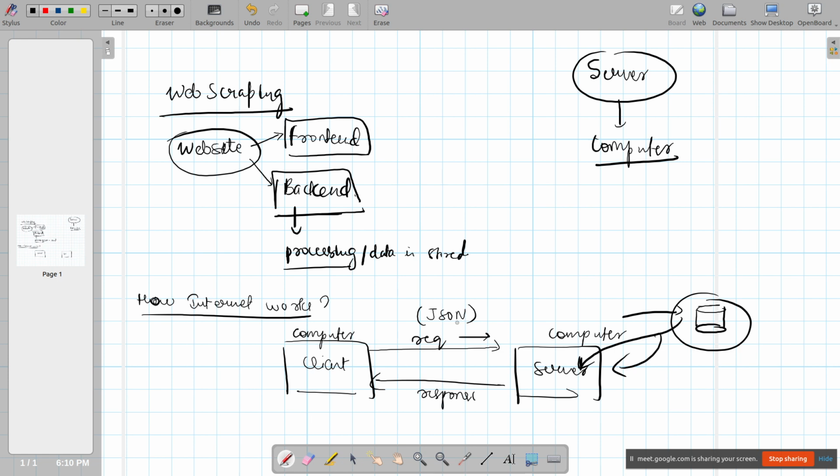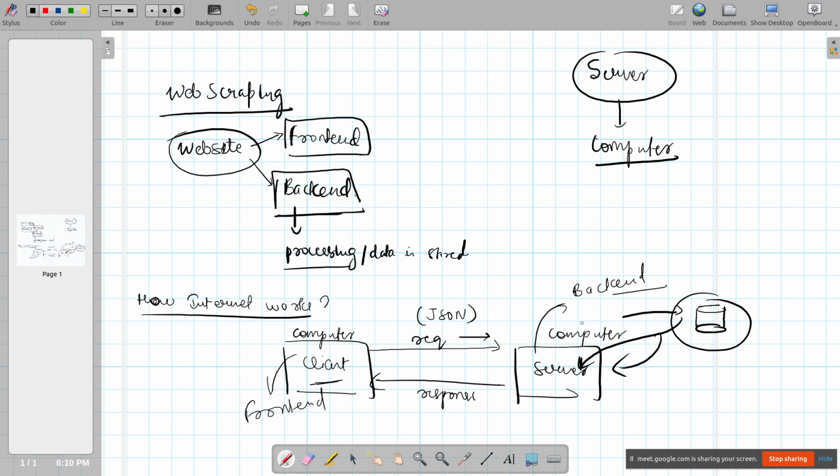And then whenever someone wants to see the video, let's say you want to see the video, you will send a request to the YouTube server and ask it to display the video. The server will send the video in response, and that is what is displayed on the client side. Whatever is displayed is called the front end. Whatever is not displayed, whatever you cannot see, whatever is stored on the database or on the server side, is called the backend.